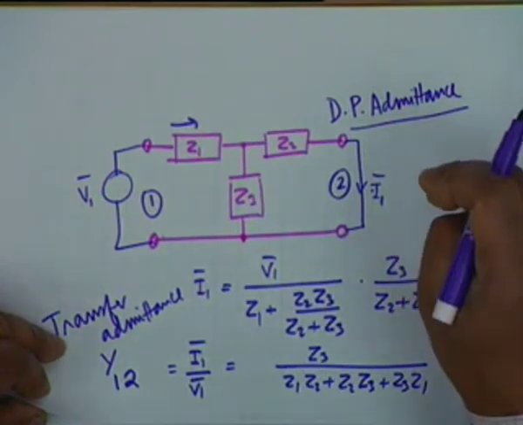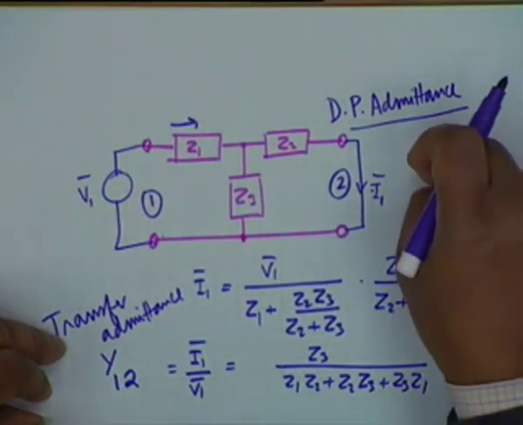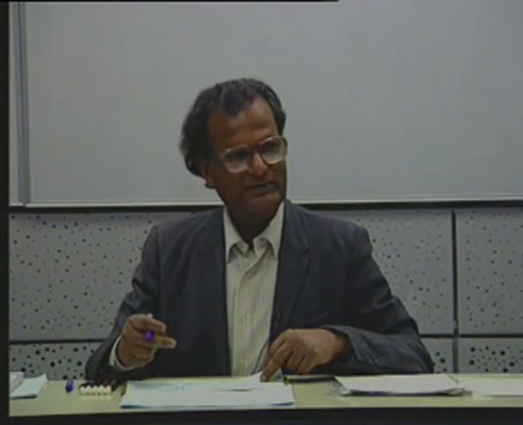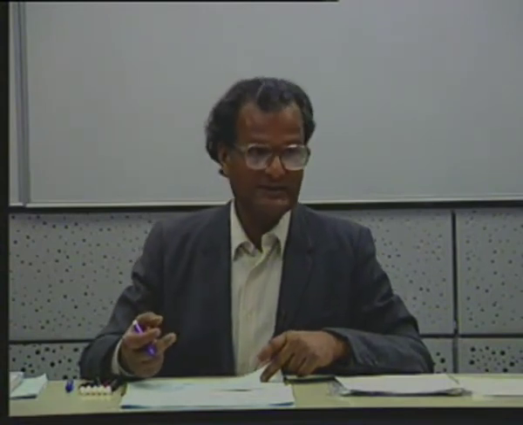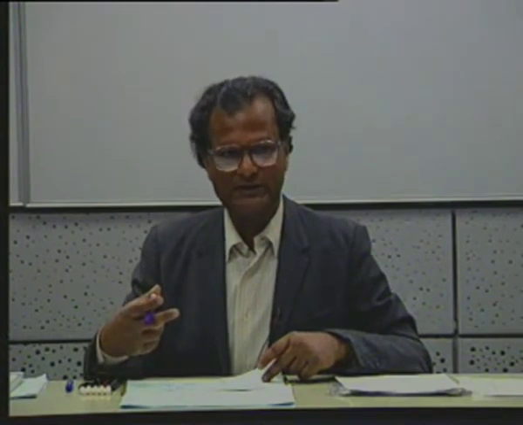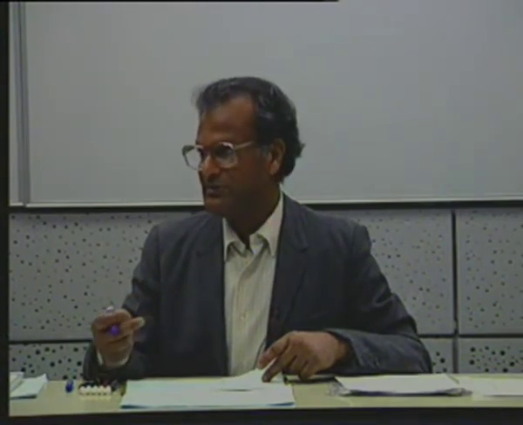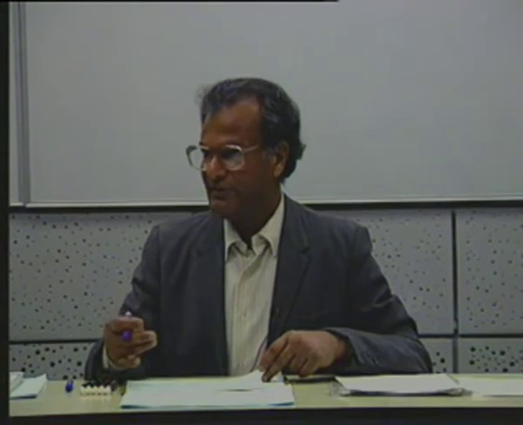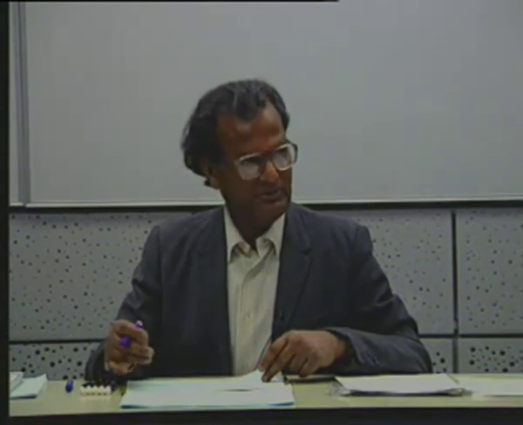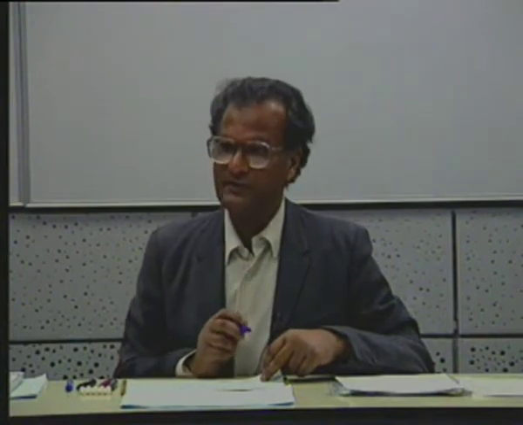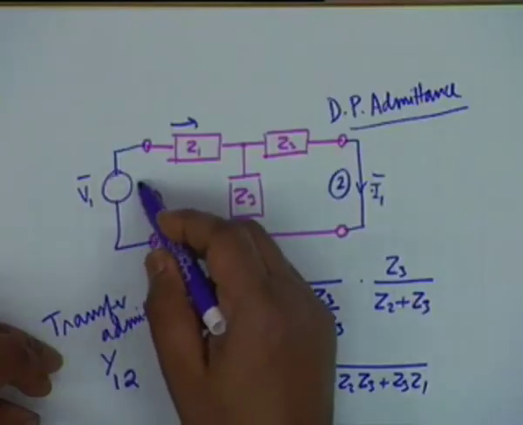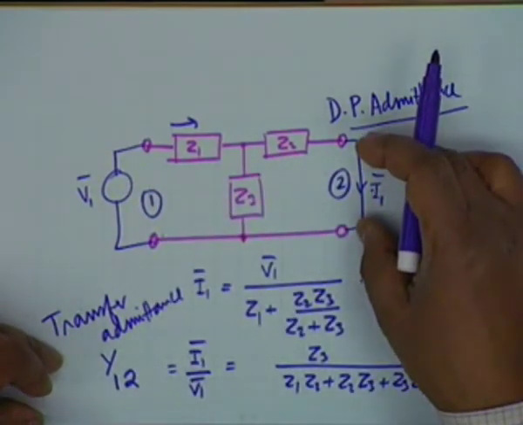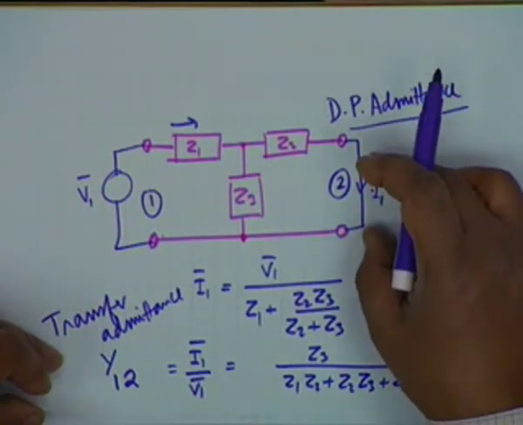If the excitation and response are at the same point, then the ratio of the response to excitation, there is nothing sacred about voltage excitation. You could also have a current excitation and measure the voltage. Then the response to excitation would have been an impedance. So these are called driving point impedance or driving point admittance. In contrast to transfer impedance, here also I could have a voltage generator, I could have a current generator here, and I could have measured the open circuit voltage. So in that case it would have been transfer impedance.